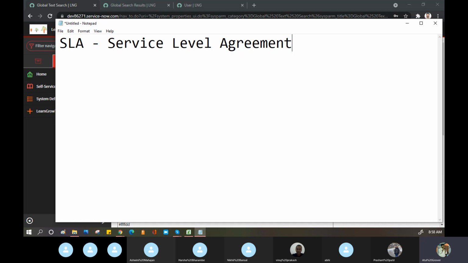Okay, good. Harsha. So service level agreement means that we have decided a time for each activity. If I have 5 different activities, then we have decided how much maximum time you should take in order to complete each activity.